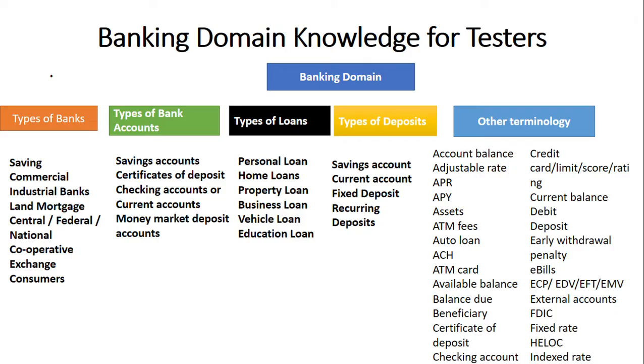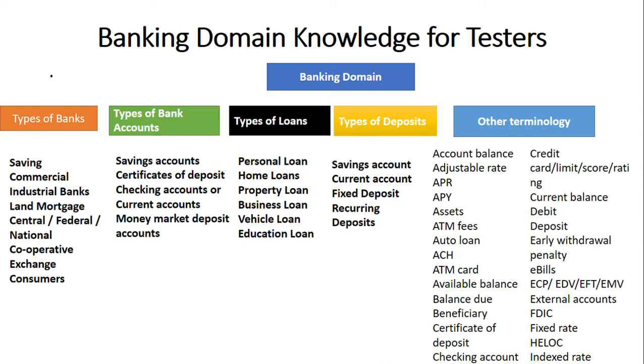Then there are different other terminologies you must know as a tester, like what is meant by the account balance, then the adjustable rate, like that. Then what is meant by APR, APY, asset, ATM fees, auto loans, then ACH, ATM card, available balance, balance due, beneficiary, certificate of deposit, then checking account, credit, credit card, then credit card limit, score, ratings, then debit, deposit, early withdrawal, penalty,